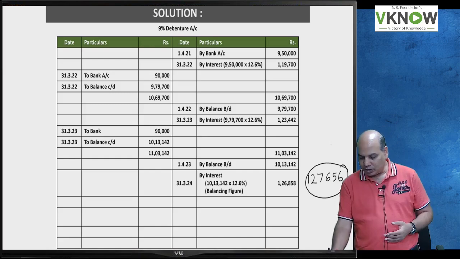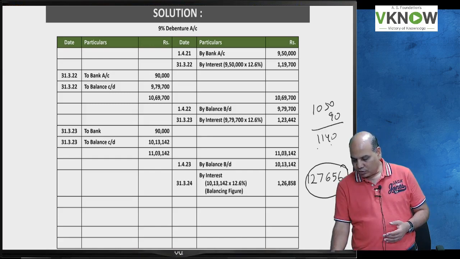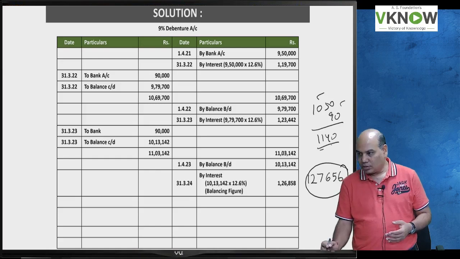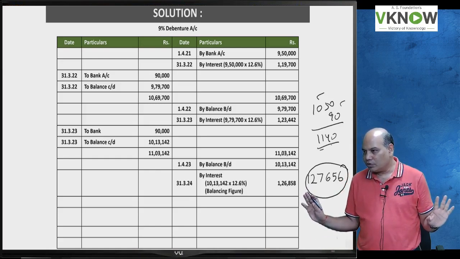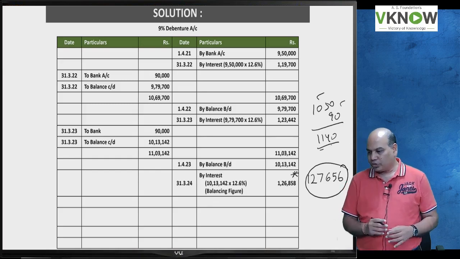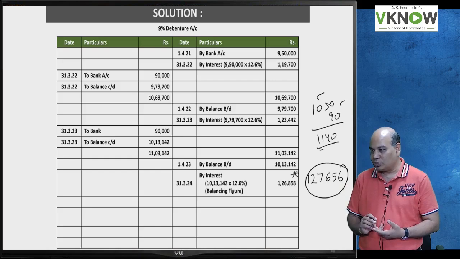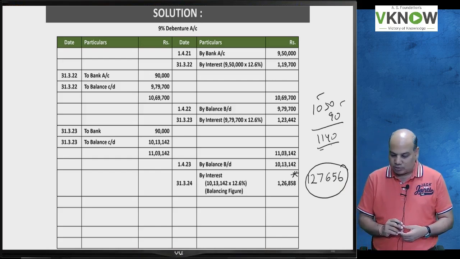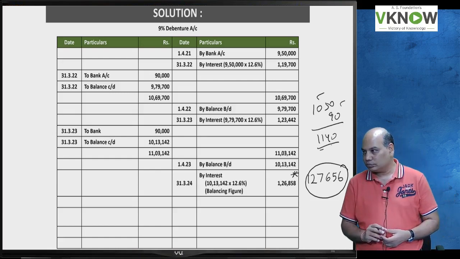So how much is 1050 plus 90? Because after paying these two figures, my balance should become 0. So last year usually what we do, we write interest as a balancing figure. So just take on your calculator first 11,40,000, then minus opening balance 10,13,142,